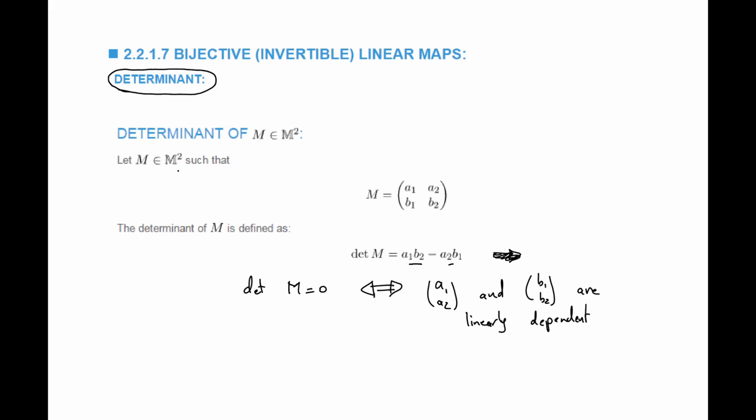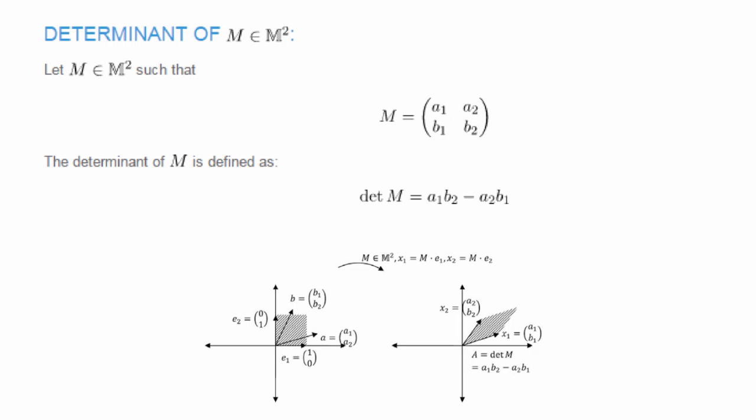And so if they're linearly dependent, if they depend on each other linearly, then the matrix is not invertible, and in that case the determinant is 0. This determinant has also another function. Its function is, geometrically, it gives me the area of